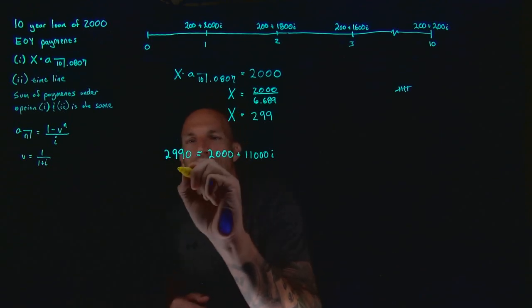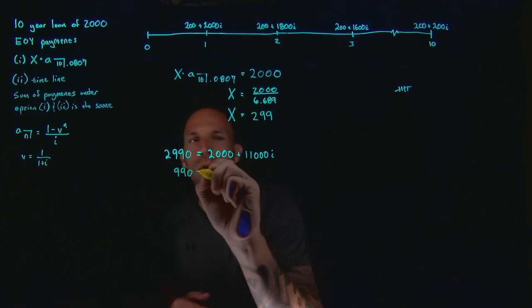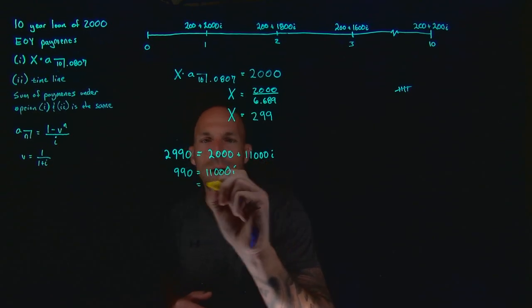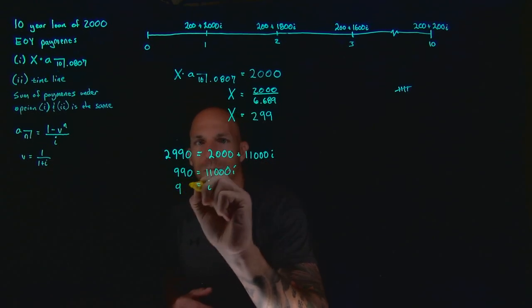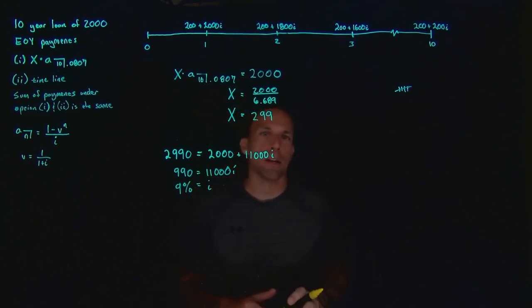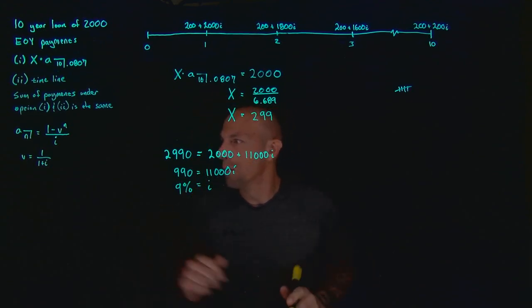So you subtract 2,000 from both sides. You have 990. Divide both sides by 11,000, and you get that i is 9%. Final answer,